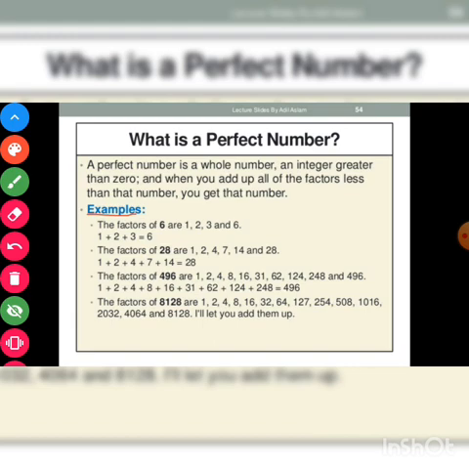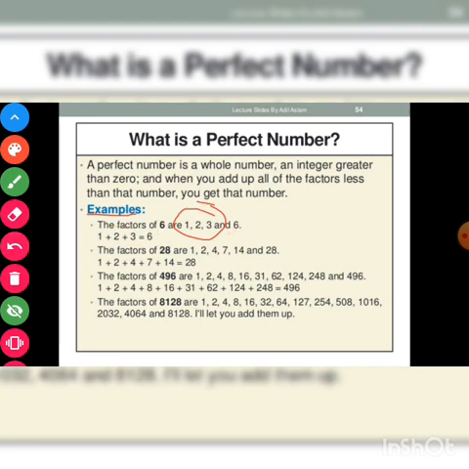But while taking out the factors, you have to take care to use the factors except that number itself. You will not use that number as a factor. For example, if you are finding the factors of 6, you will remove 6 from there. You will find the rest of the factors, and if you sum them, you will get the same number. The factors of 6 are 1, 2 and 3, and as I told you, we can't take 6 here as a factor. Now if you add 1, 2 and 3, you get 6. So 6 is a perfect number.